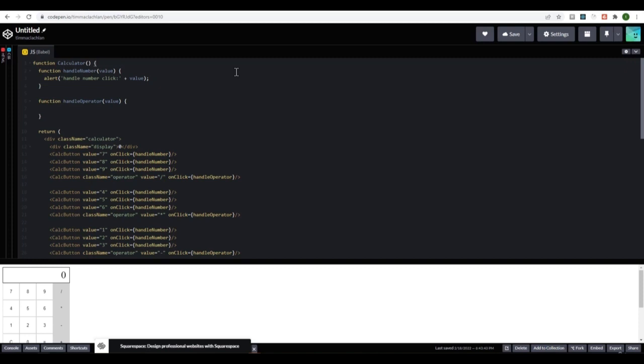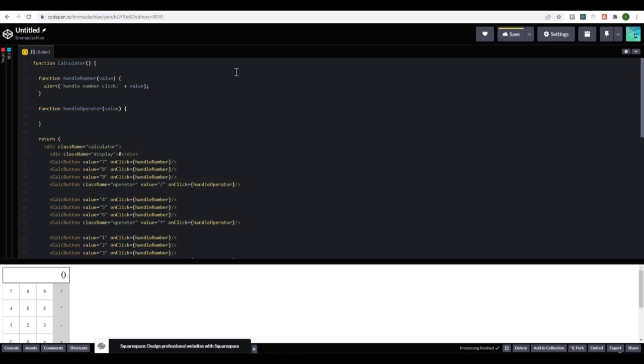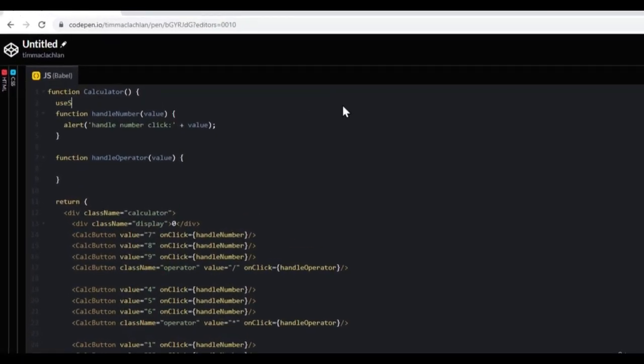But how do we actually implement it in our component? Well, React gives us access to the state via a hook. And a hook is basically a function that is provided by React out of the box. And all the hooks start with the word use. The one that deals with state is called useState. So to access that within React, we do React